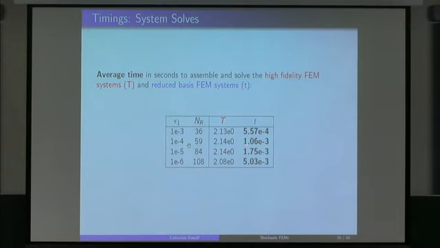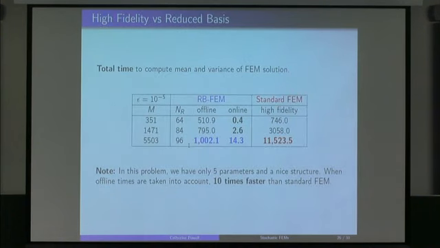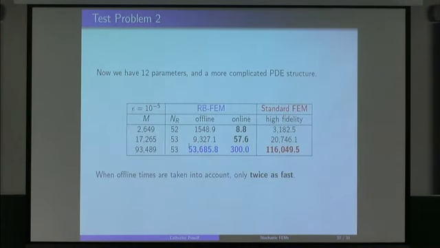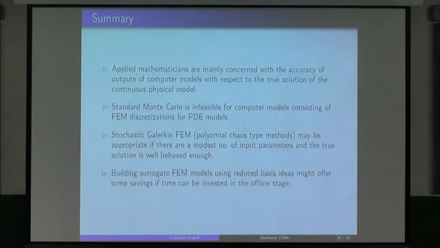Okay? So in all of this, there has to be a consideration about accuracy, because I can always cook up a cheap surrogate that's quick to evaluate. So in applied mathematics, this is the kind of information that we're interested in, always balancing cost against accuracy. Okay, I think I will perhaps skip that and just skip to my conclusions. There's a lot of information there.